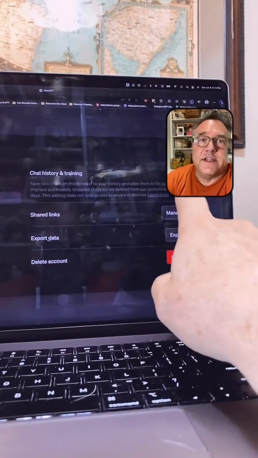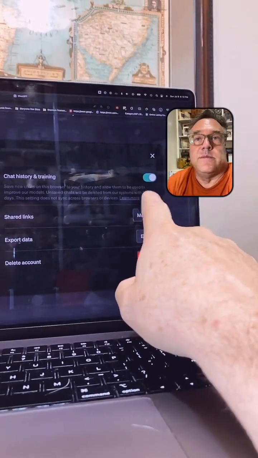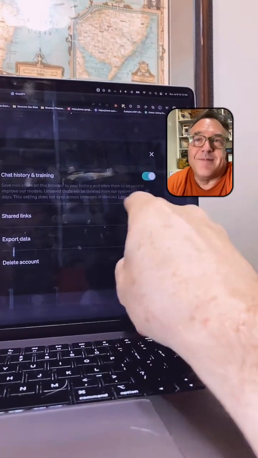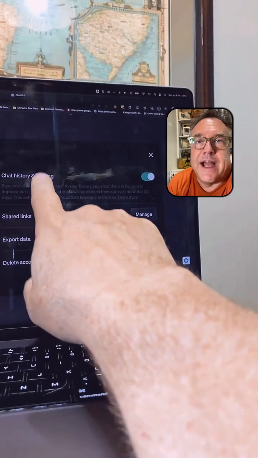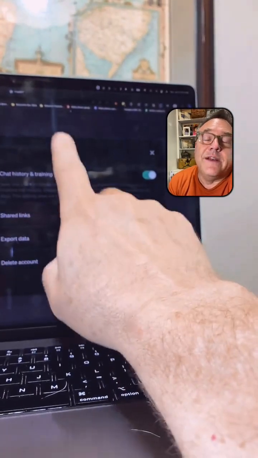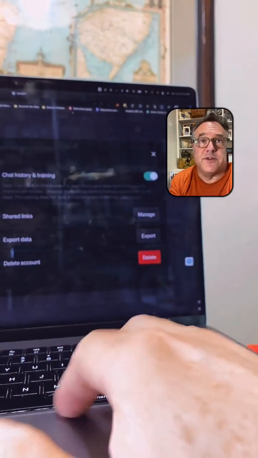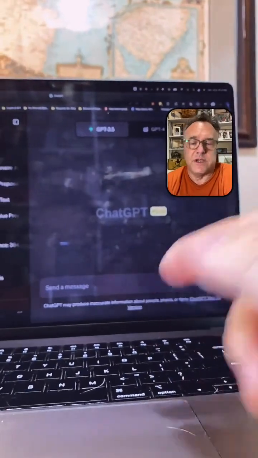This is one of the reasons I haven't turned this off yet, because I don't feel like I want my prompts gone. I like my prompt history. But you can turn off your chat history, and you can basically say, I don't want you using my data for training. So that's there right now. And then OpenAI said they're coming out with a business version of ChatGPT that's going to have robust privacy controls. So that should help.